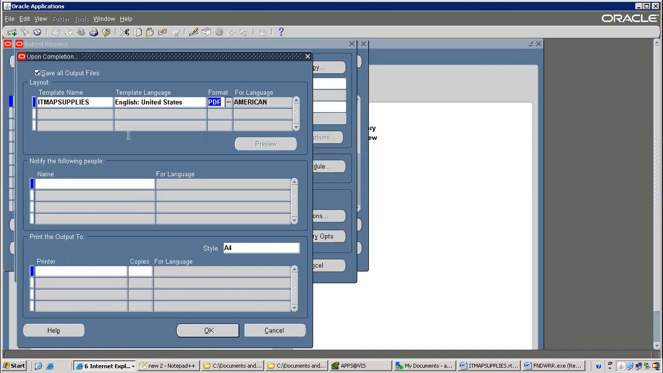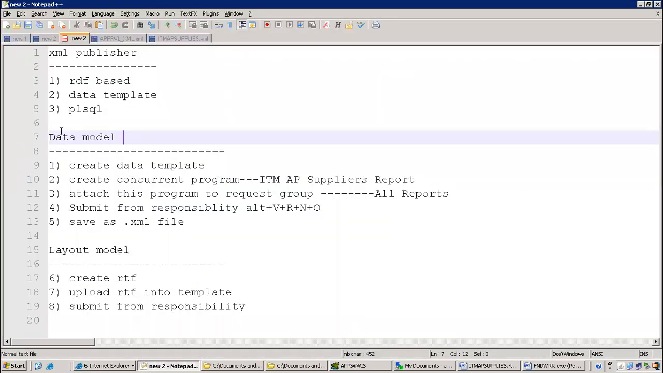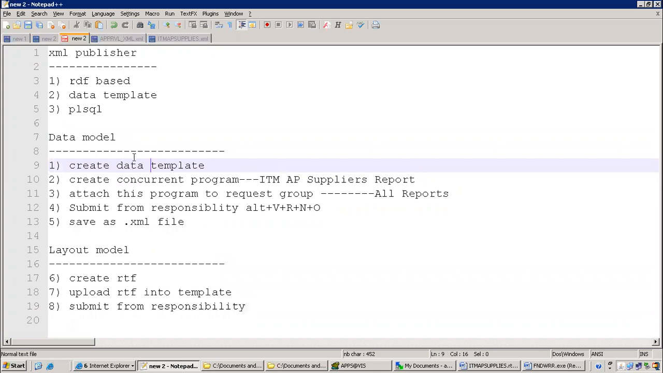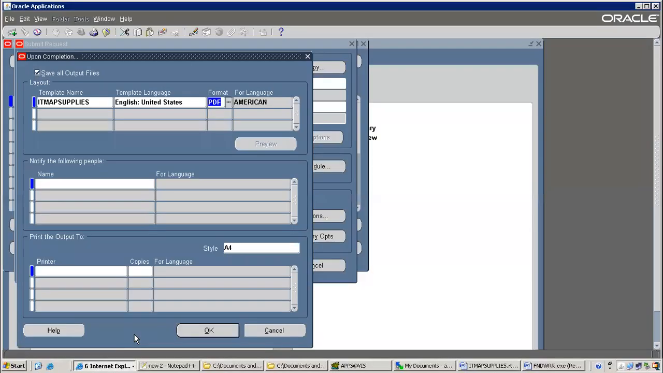So I feel you are good with this. Shall we follow all the steps? Just a 5 minute revision. So first go with create data template. How do you usually create a data template? Download from scratch, okay, or from seeded files, like let's say